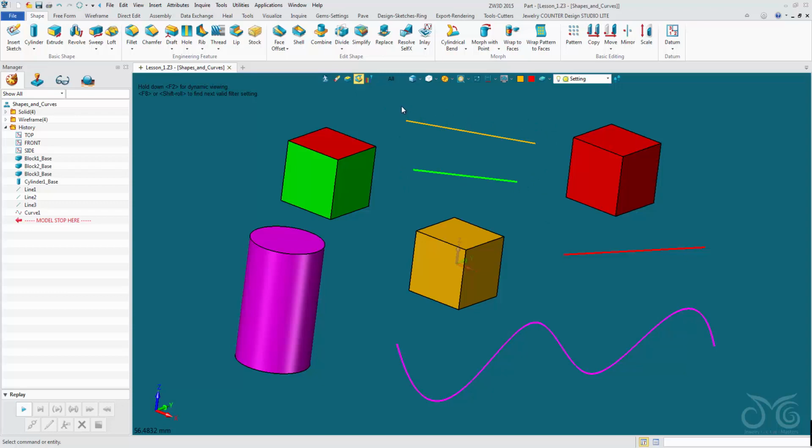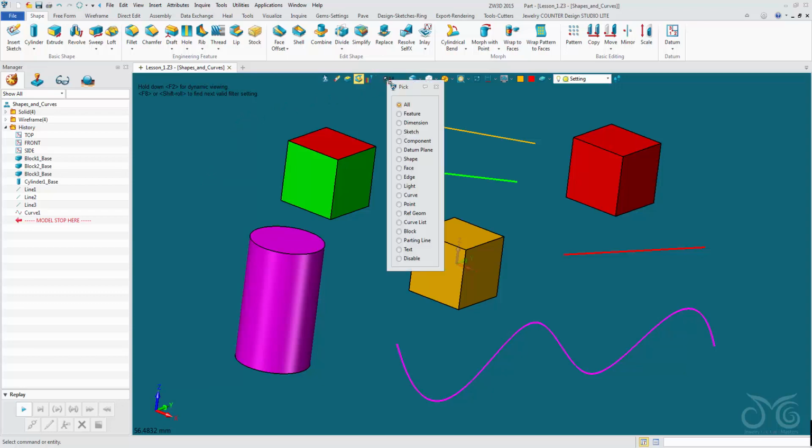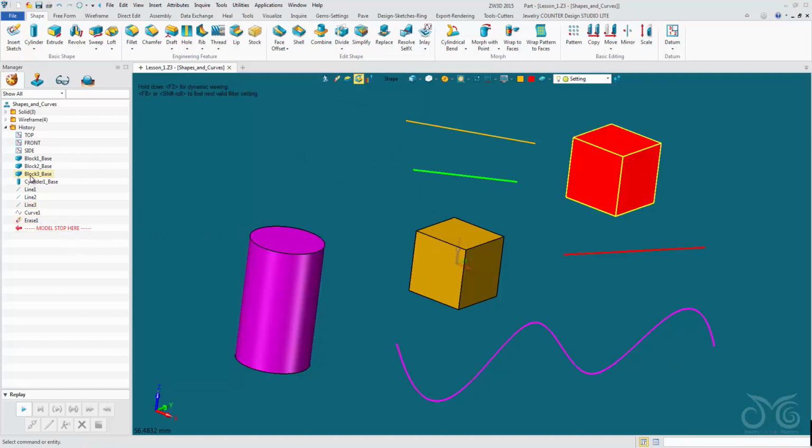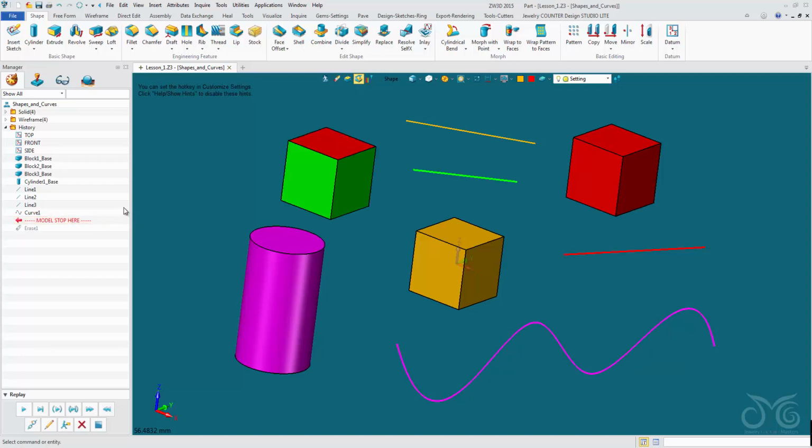Now let's look at the difference between erase and delete. So whereas the delete permanently deletes the operation from our history and our design, the erase works slightly differently. Let's select a shape to erase, left-click, click Erase, and you will see an erase command within the History Manager. Our object is no longer there. However, it is not deleted permanently from our history. For example, we can drag our model stop above the erase, and we have our shape back. Play the operation,